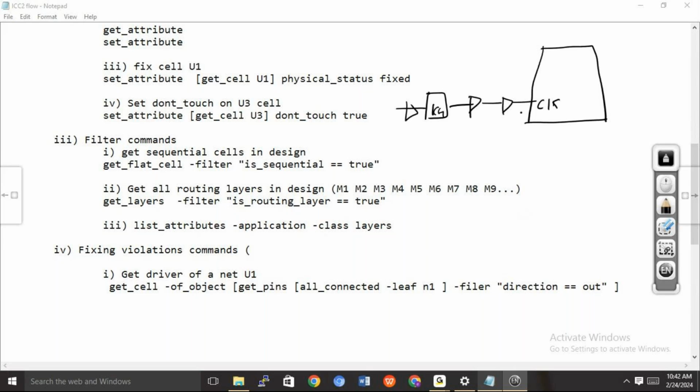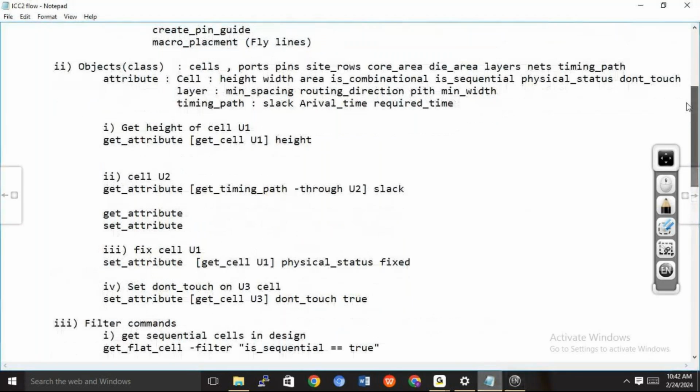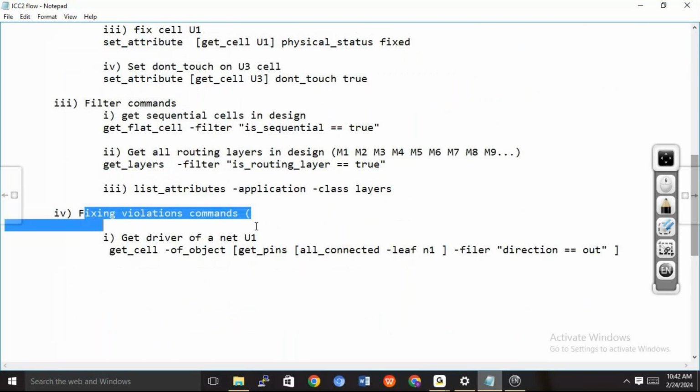So first we will see the flow commands, which are used for different flows. Next we will see how to get different values from the commands, meaning how to get different values for different objects. Next we will see filter commands. Next we will see the commands used for fixing violations: get the driver of a cell, get the ICG connected to any clock pin, do push and pull operations, fix violations, fix setup violation